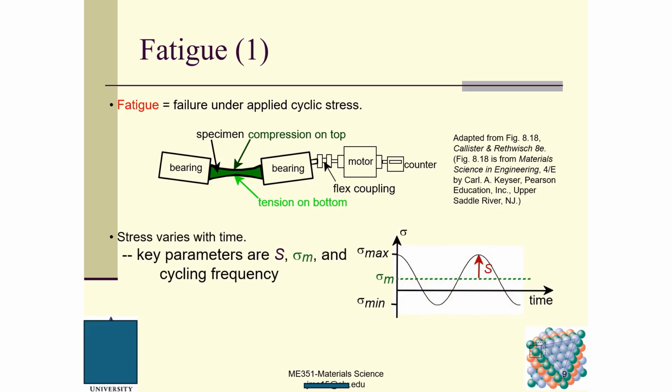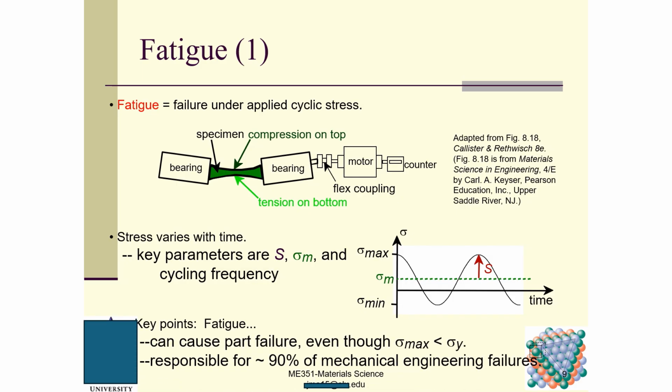The stress varies with time. The key parameters are the stress level S, sigma m is the mean stress, and the cycling frequency, how frequently you apply the load. Mean stress is half of the sum of sigma maximum plus sigma minimum. S is the stress level. So key point, fatigue can cause part failure, specimen failure, even though the applied load is much lower